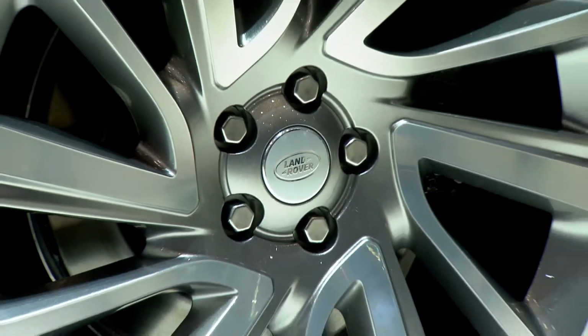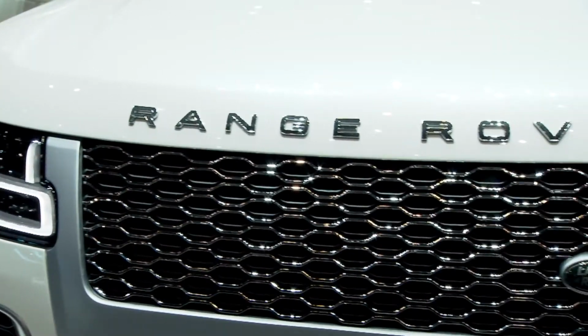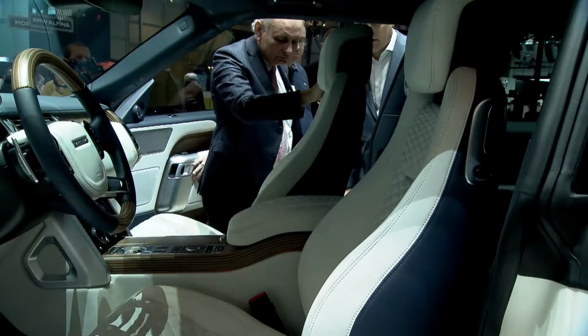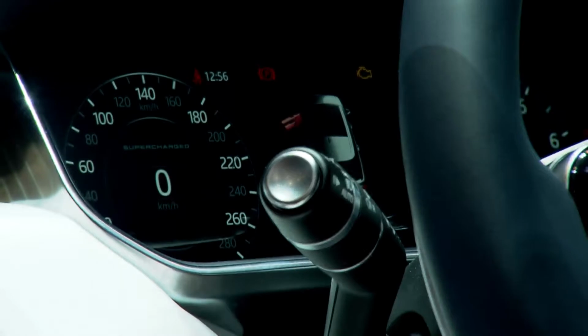And in fact, from a design standpoint, this is a truly stunning car. All the detailing is honed from solid metals, including the grills, the badging. And then when you step inside or look inside, this is a truly sumptuous interior befitting a vehicle of this